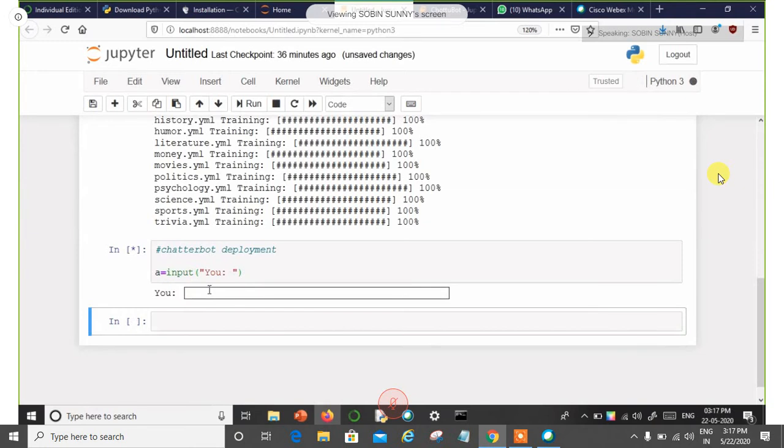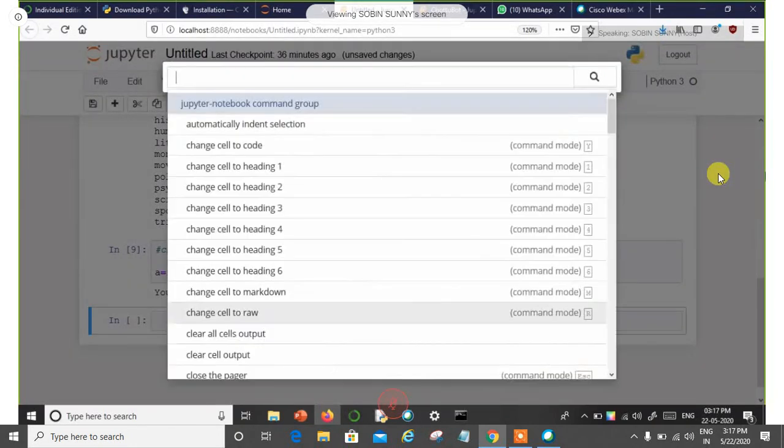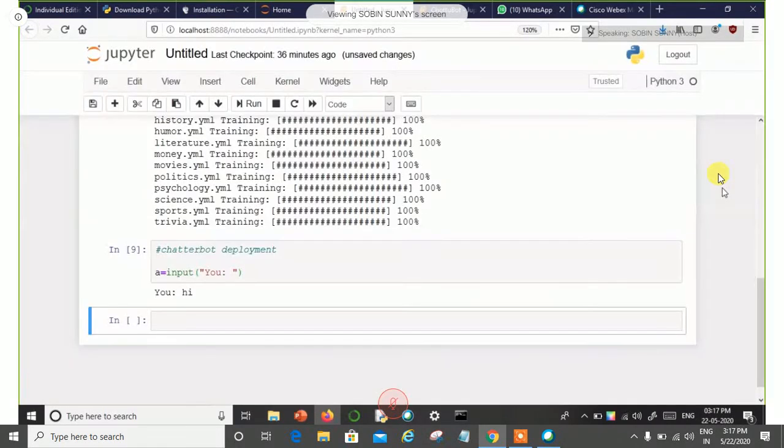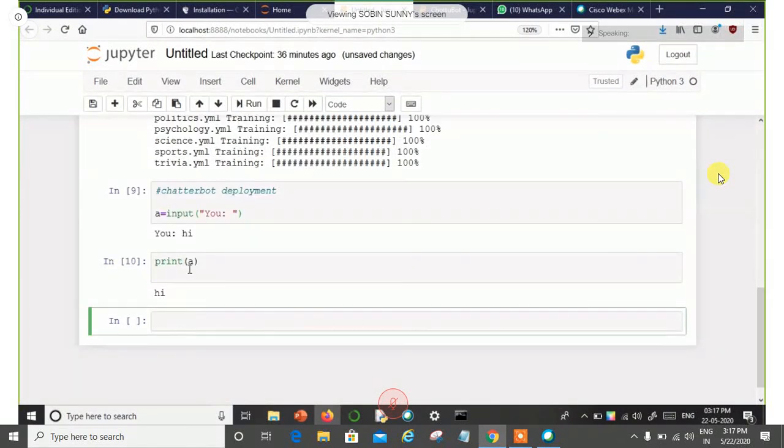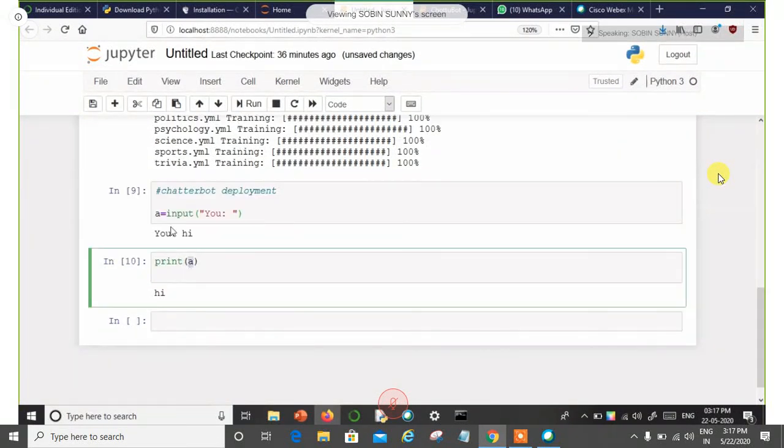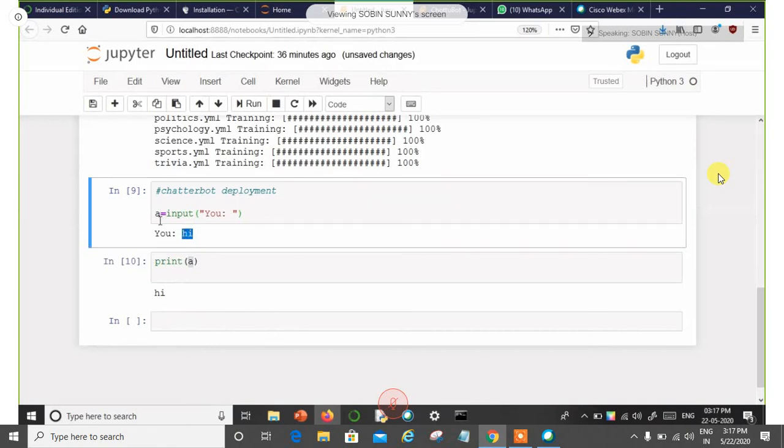Hi. If I use the line print a, you can see hi. The value of a is hi, because this input hi is stored in the variable a, and that is what we try to print now.